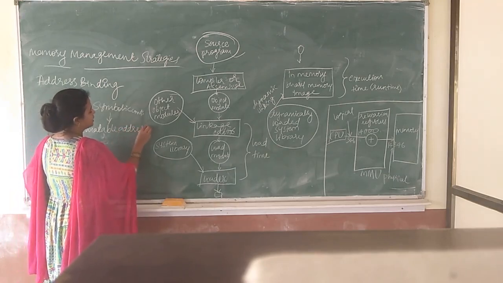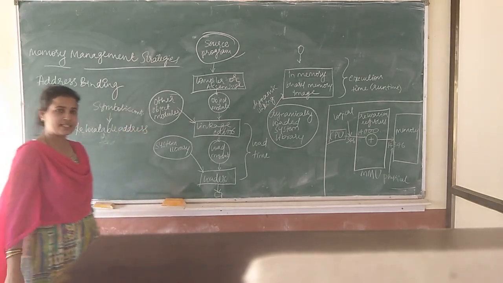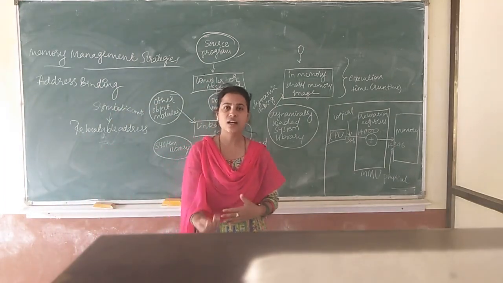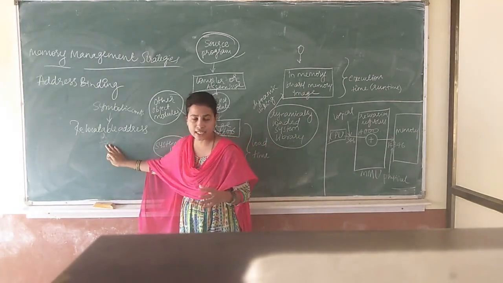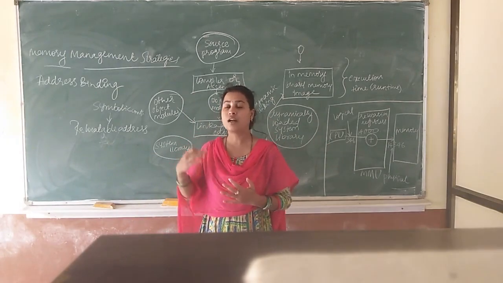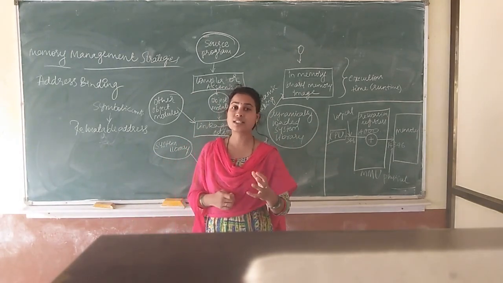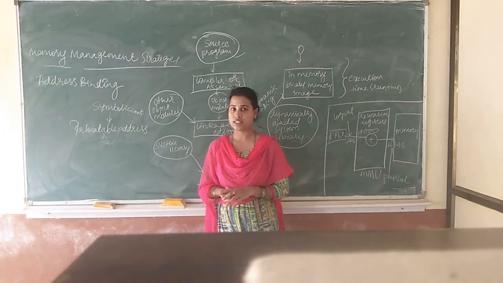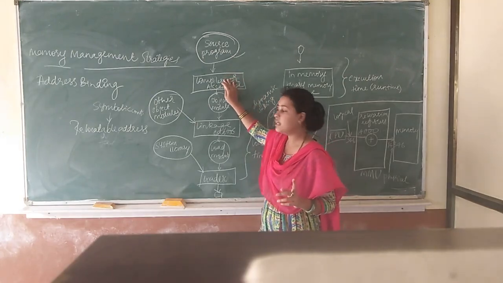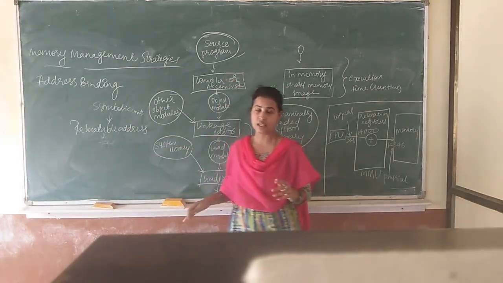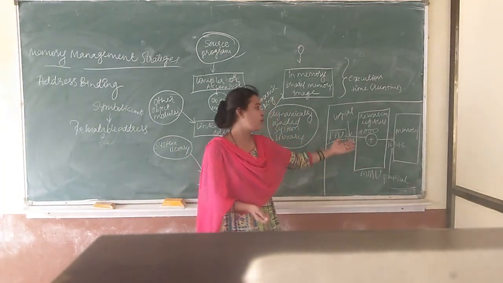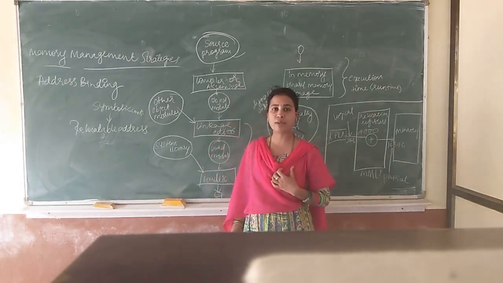What are relocatable addresses? Relocatable means it is just telling you the offset. Like this symbolic constant a is 14 bytes away from the base register, or something 30 bytes in between. So like this it is telling you relocatable addresses. Whenever a source code is compiled, the compiler or the assembler will generate the relocatable addresses. These relocatable addresses cannot be used to go into the memory to get the data from the memory. So what will happen?